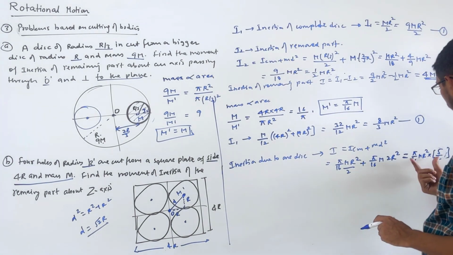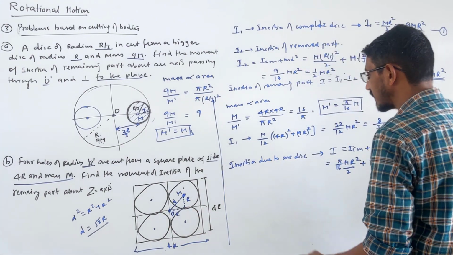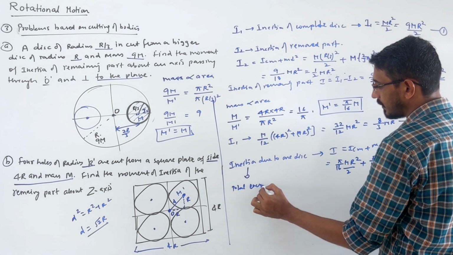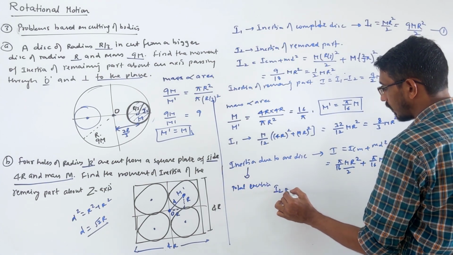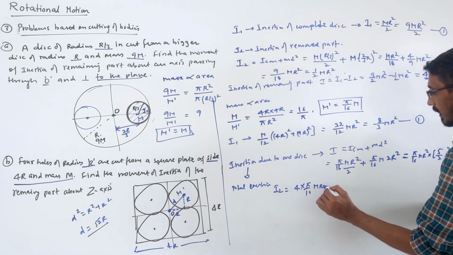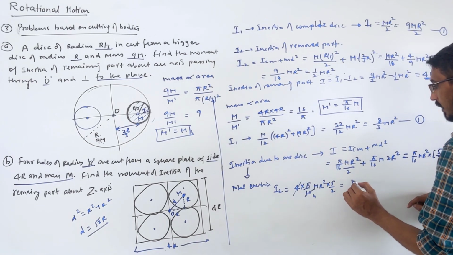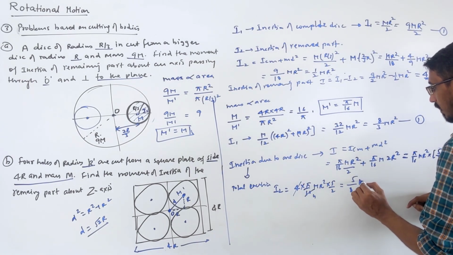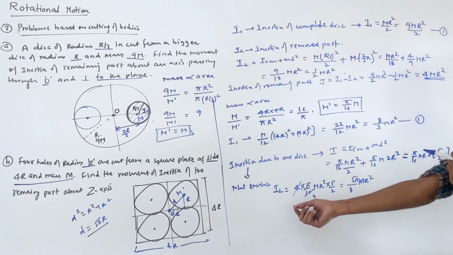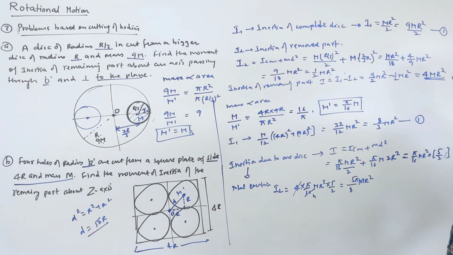So this is the inertia of one disc about that point, and we have 4 similar discs. So the total inertia I2 will be 4 times pi by 16 mr square into 5 by 2. The 4 cancels, and we get 5 pi by 8 mr square. Check the calculations; the concept is okay, but I sometimes make calculation mistakes. This is the final answer.